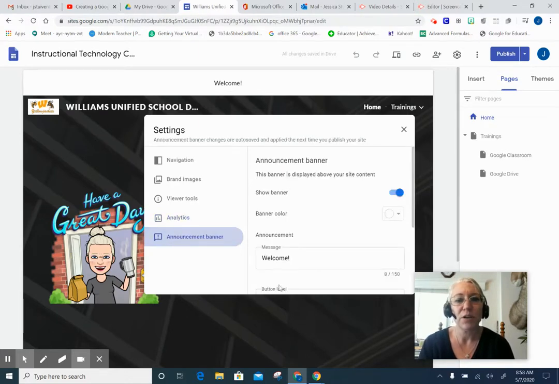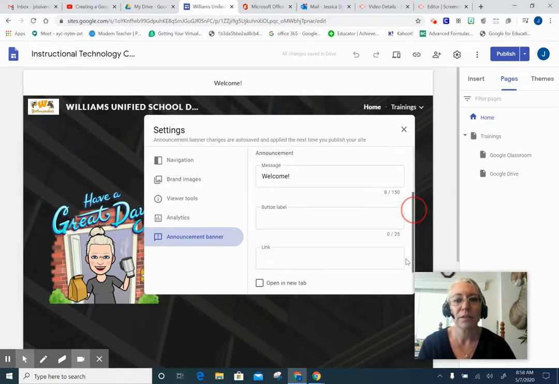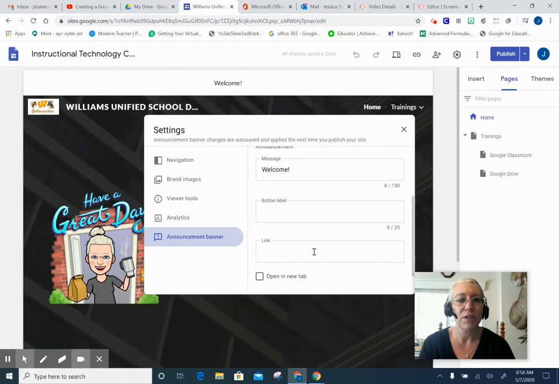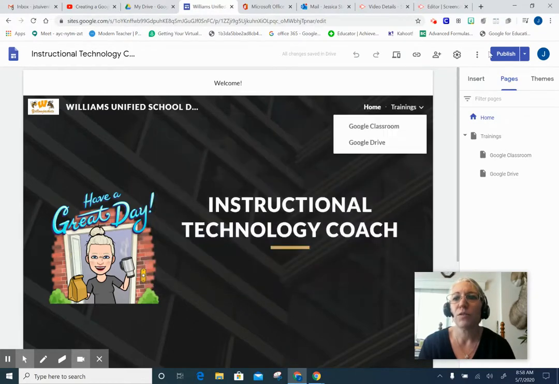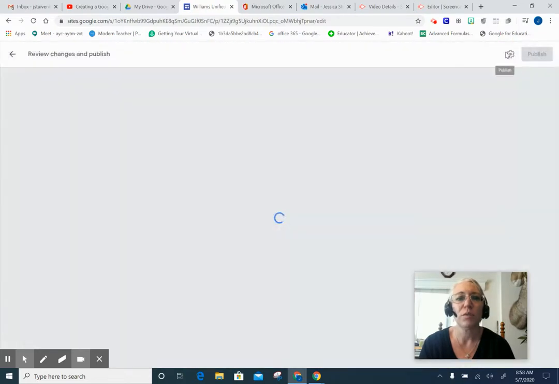Your announcement banner can have different colors, and it's just something that's going to run at the top. It's just a button that you can even have a link to another site, such as your school's website, or a link into your classroom or something like that. And you can choose to open it in a new tab if you like. Over here, I'm going to publish so that I can see my changes. So I'm going to publish,